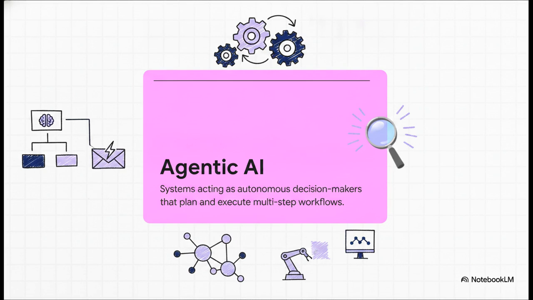Instead of just giving you a prediction, like telling you a customer might cancel their subscription, an agentic AI system actually acts on that prediction from start to finish. It can break down a goal, plan out the steps, draft a personalized retention email, and physically trigger the outreach, all autonomously. We're moving from a quiet little assistant to an active decision maker that is integrated directly into real-world